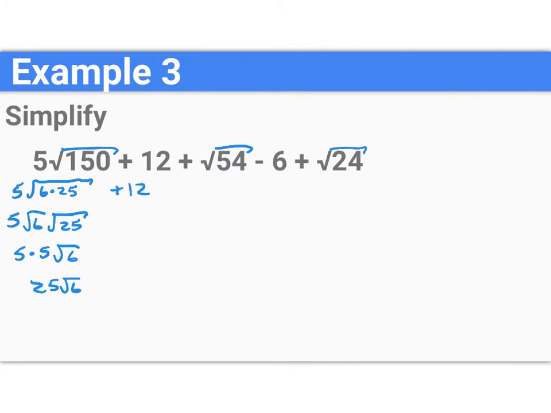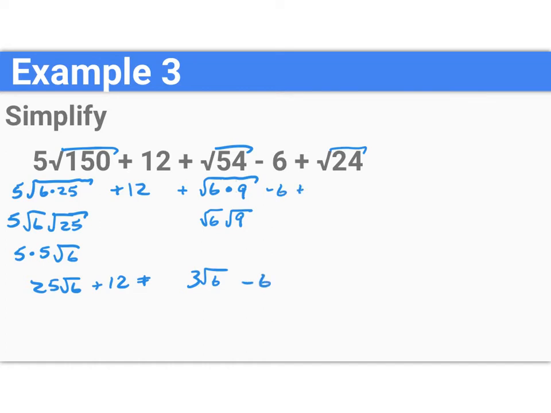plus 12, plus the root of 54, which breaks down into the root of 6 times the root of 9. 6 times 9 is 54. So let me do one step at a time so as not to confuse everybody. Because 6 times 9 is 54, I can now separate these into the square root of 6 times the square root of 9. The square root of 9 is 3, so this breaks down into 3 root 6. So plus 12 plus that, minus 6,